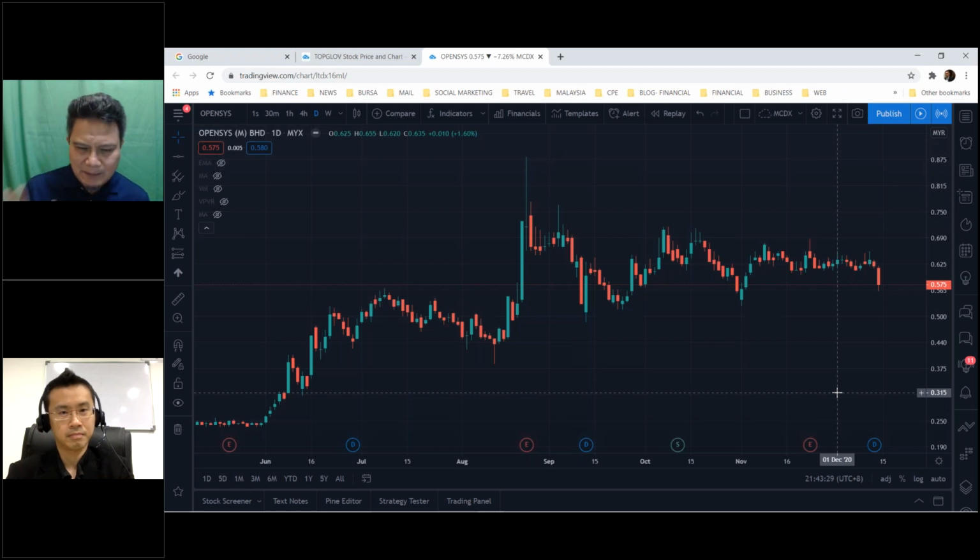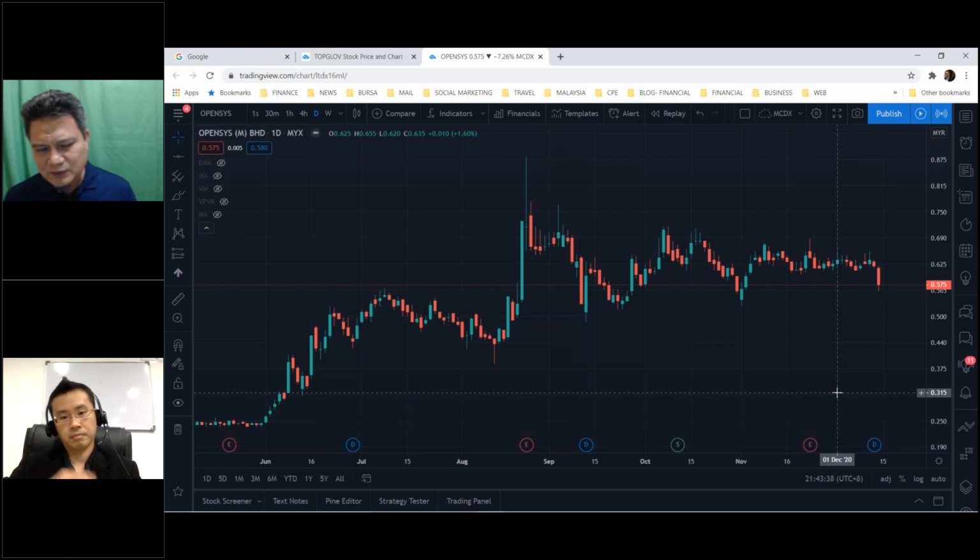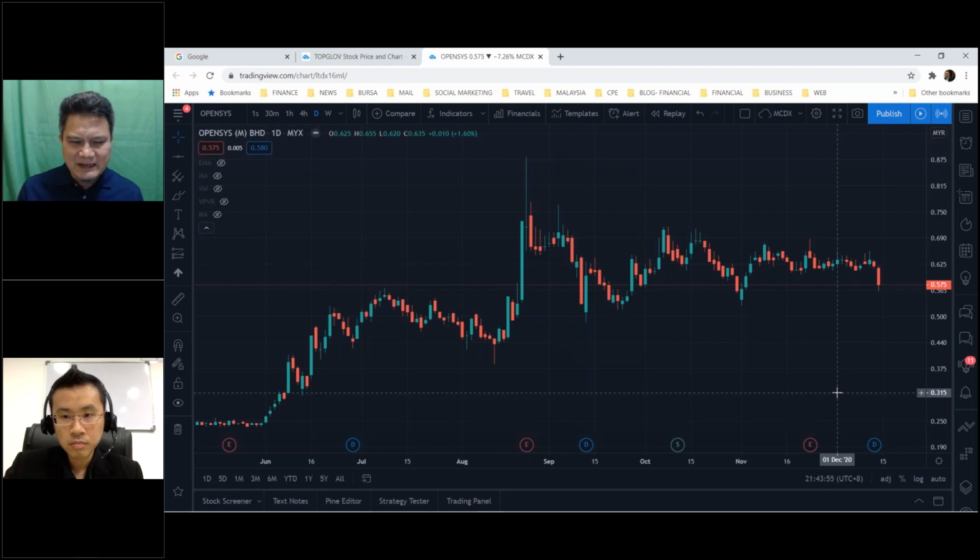But for the chart pattern, it is a channel, or a triangle, or a megaphone, or a flag, or a pennant, and all of this we call a chart pattern. Sometimes the chart will give you a certain type of pattern to tell you whether the price is going up or going down.